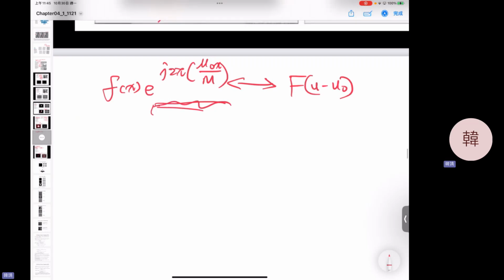You multiply by this one, what's the result? It should be very easy, right? f of x times e to the 2 pi j mu 0 x